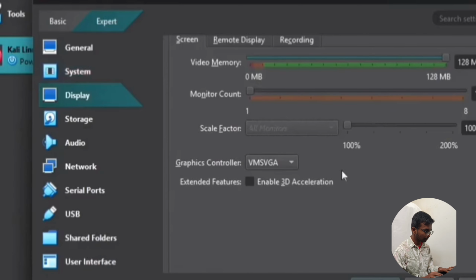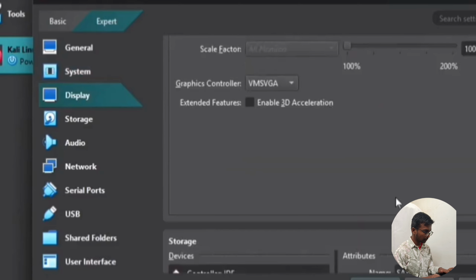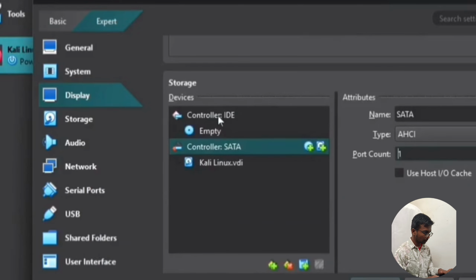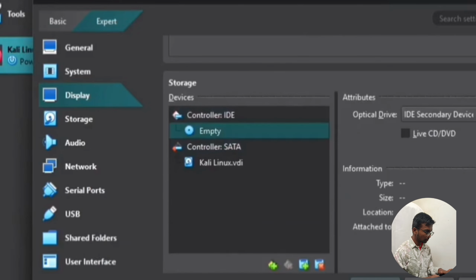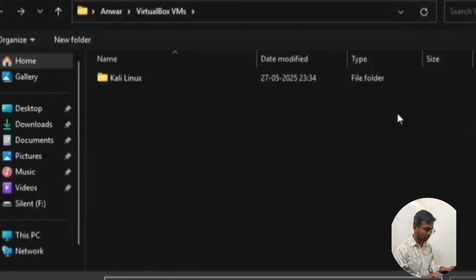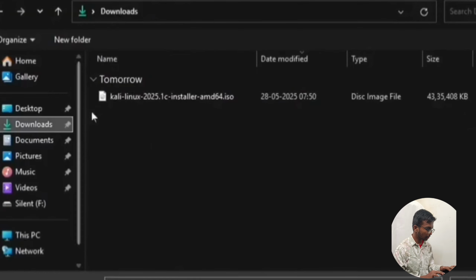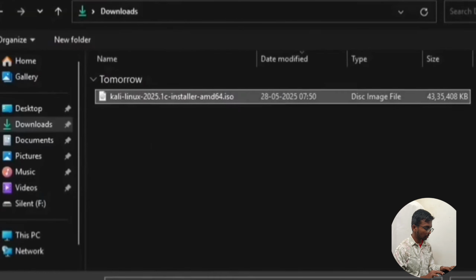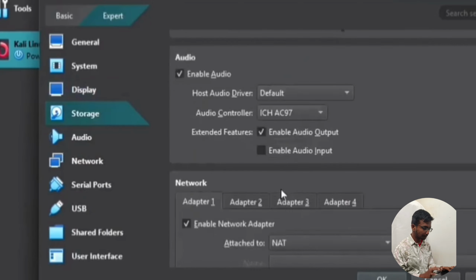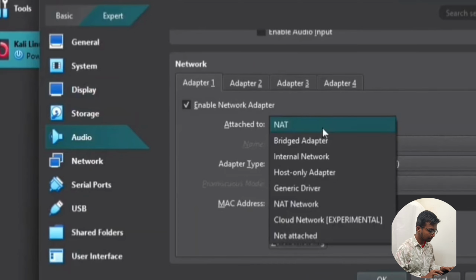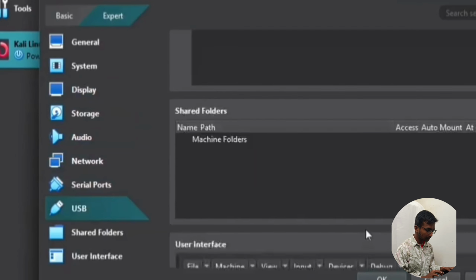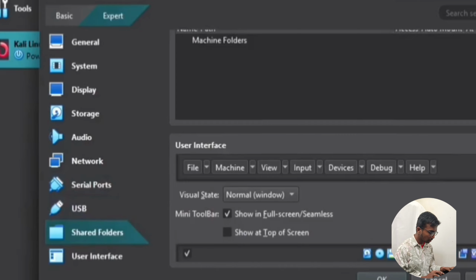Click on OK. In the empty, you can add the drive link which is from your Windows. Create a Kali Linux base and add it. Everything is okay. Next,